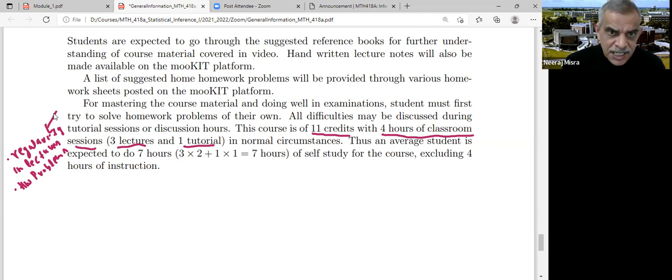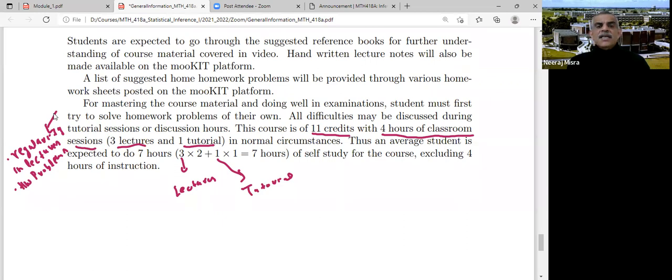So this is 3 lectures. For each lecture, you have to devote 2 hours to understand. So 3 into 2 is 6. For one tutorial, you have to devote 1 hour extra. So 1 into 1. For each lecture, you have to do 2 hours of home study, and for each tutorial, you have to do 1 hour of self-study. So that means 7 hours of home study is required